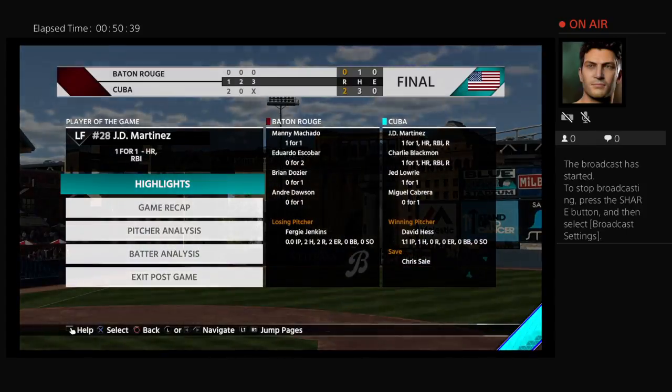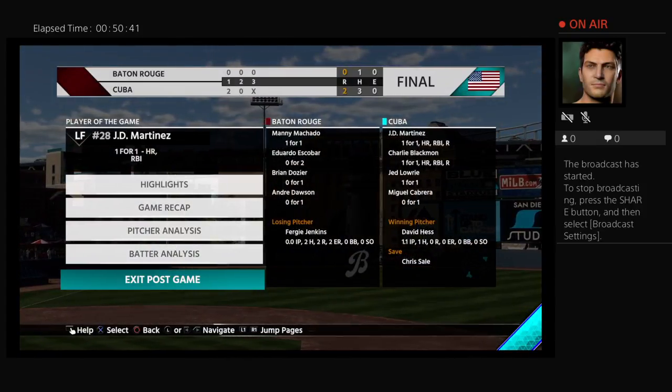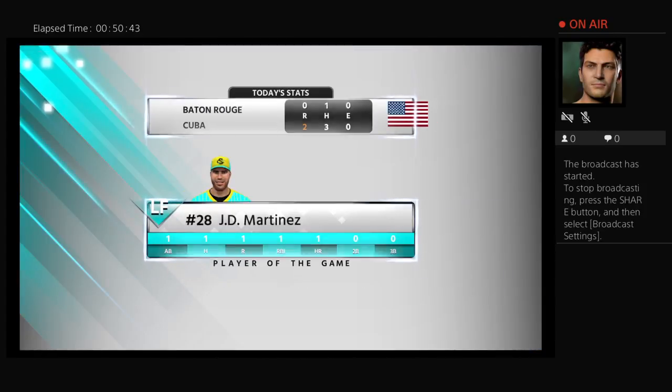It was mostly pitching and defense in this one, but the man you see here made some noise with the bat, and as a result, he's our top player of the game. Well, the numbers don't just